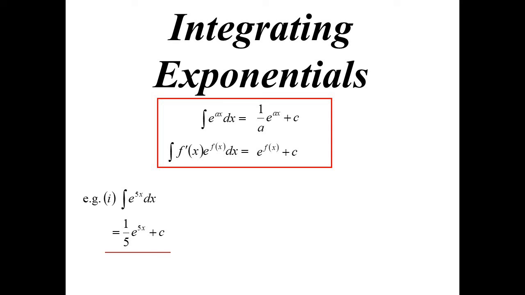We just look, oh, well, what's the coefficient of x? We'll go 1/5 in this case. If I had thought of it the other way, I would have said, oh, well, e to the 5x, what I really would have liked was 5e to the 5x. So I'll make it 5e to the 5x, but balance it out. I need to put a fifth out the front. I now know the 5e to the 5x will go to e to the 5x,